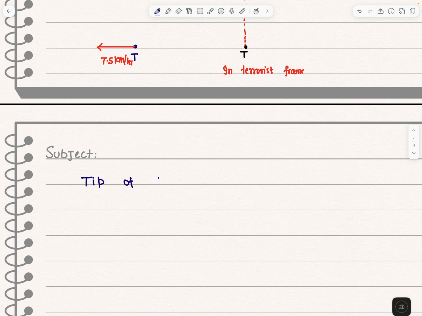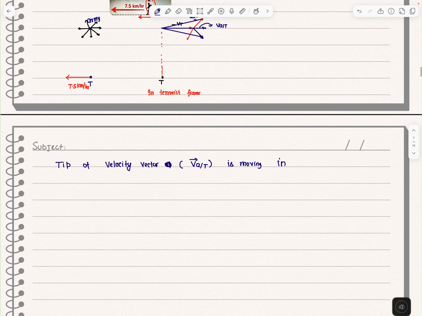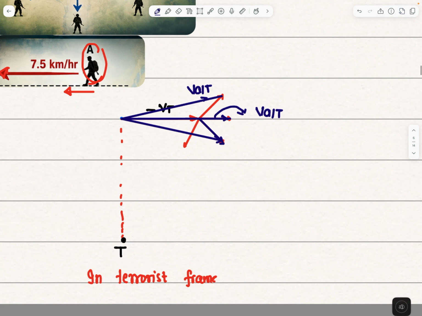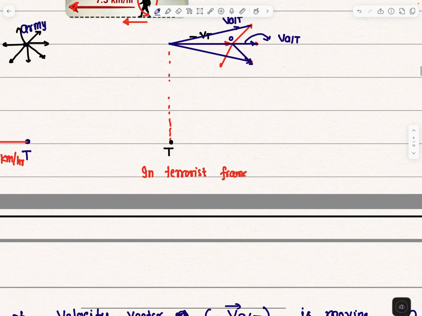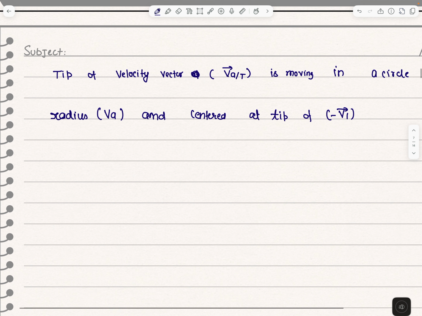So what observation did we make? The tip of the velocity vector, which velocity vector, velocity of army with respect to terrorist, is moving in a circle of radius, इसका रेडियस क्या है, इक्वल्स टू वेलोसिटी ऑफ आर्मी, स्पीड ऑफ आर्मी, and centered at the tip of minus velocity of terrorist vector. ओके, सो मैं इस पॉइंट को O बोल लेता हूं, यानी O हमारा सेंटर हो गया और रेडियस ऑफ द सर्कल इज बेसिकली 6 किलोमीटर पर आवर, बिकॉज वेलोसिटी ऑफ आर्मी इज गिवन 6।